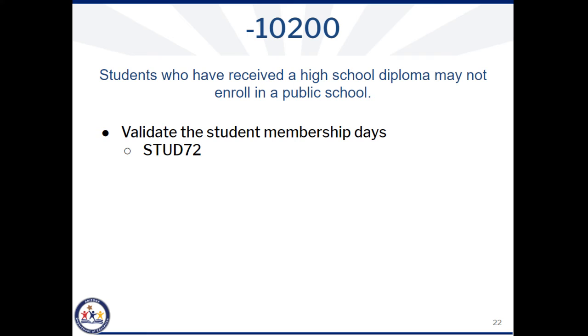You will see under year-end status a code value of G for graduated. If you don't see that a G value has been submitted in this current fiscal year, you may need to pull a STUD72 for last fiscal year if the student was within your school. If you are receiving this error and the student was not previously enrolled in your school for last fiscal year,